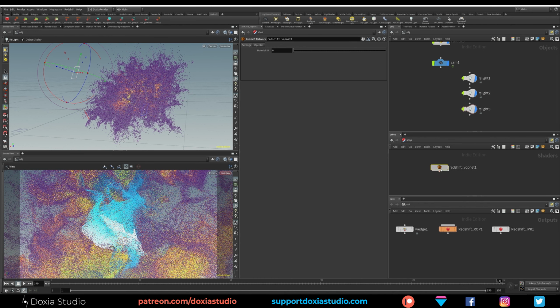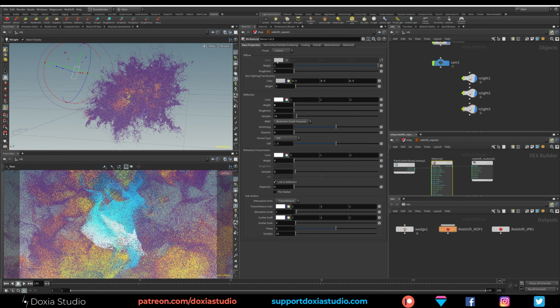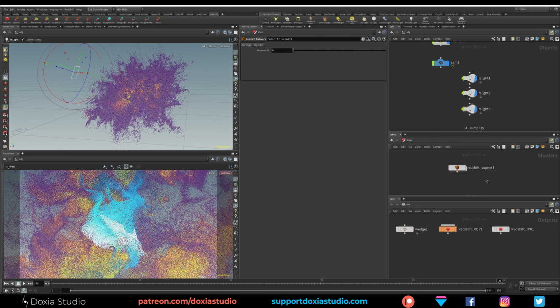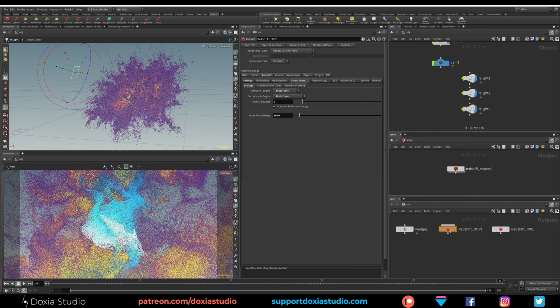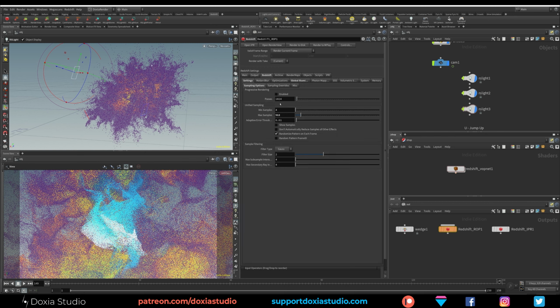Okay. On the materials, it's just a simple material with a particle attribute. Get to point colors. Okay. Linked to the diffuse, no reflections because we don't need that. We have too many particles that would take a little bit of time to process on the render, and we don't need it. And the redshift on the ROP, I have the simple stuff that I normally do. Global illumination brute force, double the brute force, 6 and 1024. On setting samples, I always start with 4 and 512. Okay, and this is the look, and I hope you can see the difference.